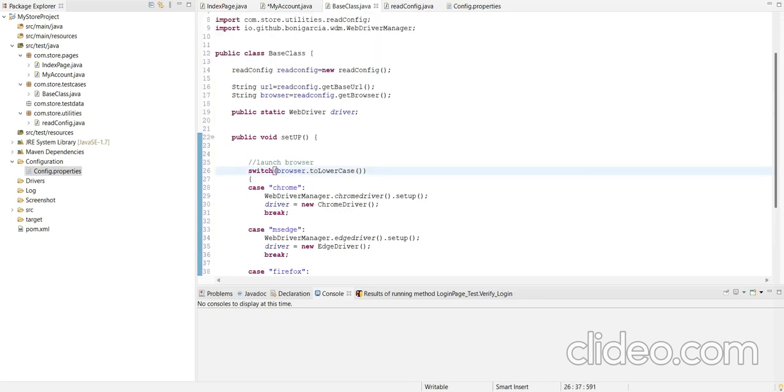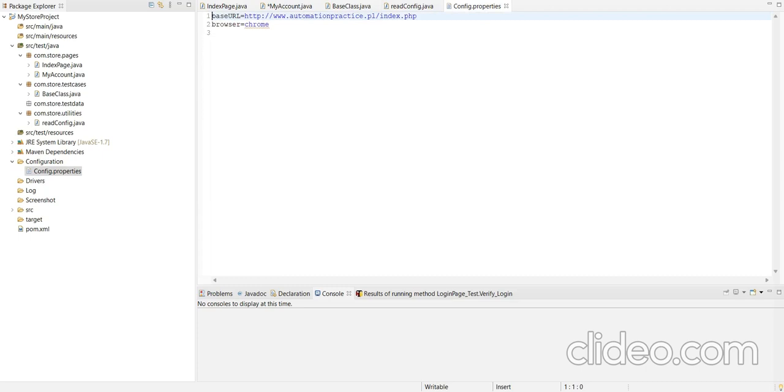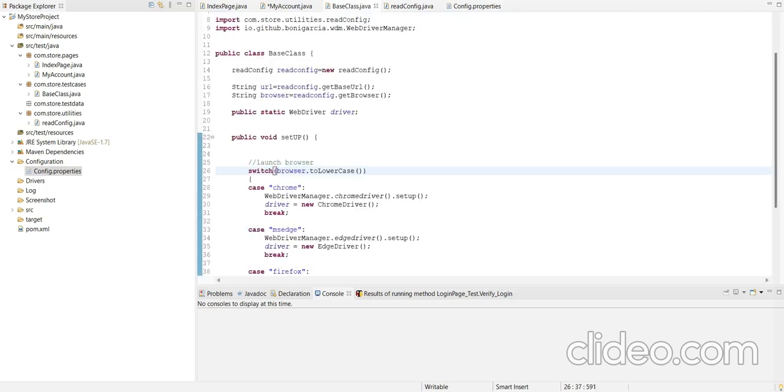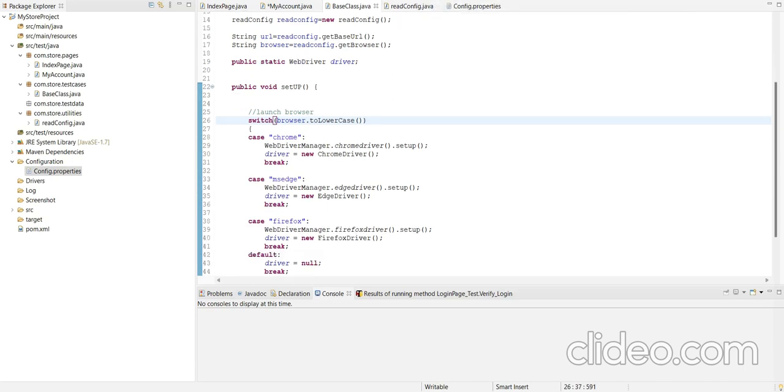So in the base class, first we create the object of the ReadConfig class, as we have to use the keys from the config.properties file. After that we create the variable String url, and here we fetch the URL from the ReadConfig class. Then we create the variable for the browser, and with the help of getBrowser we fetch the browser value from the ReadConfig class.